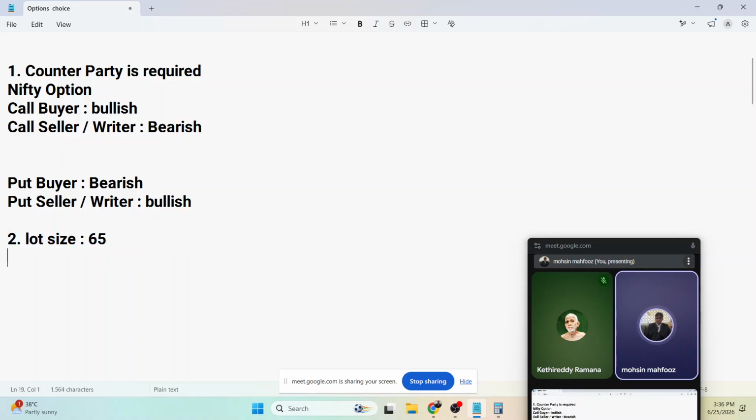तो लॉट साइज जो है वो 65 का है। थर्ड थिंग क्या है, इसके अंदर भी एक्सपायरी होती है, ठीक है। तो बिकॉज इट इज अ कॉन्ट्रैक्ट इट हैज़ अ एक्सपायरी डेट एज वेल। एक्सपायरी डेट क्या क्या होती है, एक्सपायरी पहली बात इसकी जो होती है वो वीकली होती है। अगर हम निफ्टी की बात करें तो इट वुड बी वीकली एक्सपायरी, ठीक है। कल आपको बताया था निफ्टी और सेंसेक्स की वीकली होती है, बाकी सबकी मंथली एक्सपायरी होती है, ठीक है। तो आप हर, ठीक है, एवरी ट्यूसडे एक्सपायरी कब होती है, वीकली होती है, और एवरी ट्यूसडे निफ्टी की अगर हम बात करें, राइट नाउ हम निफ्टी की बात कर रहे हैं, ठीक है।